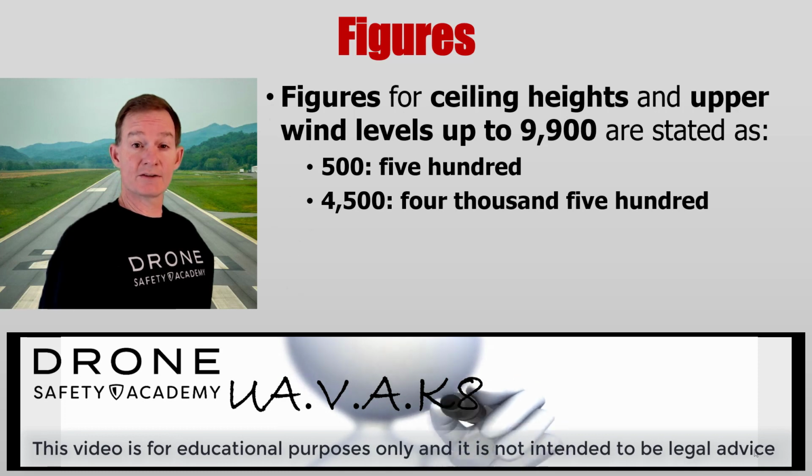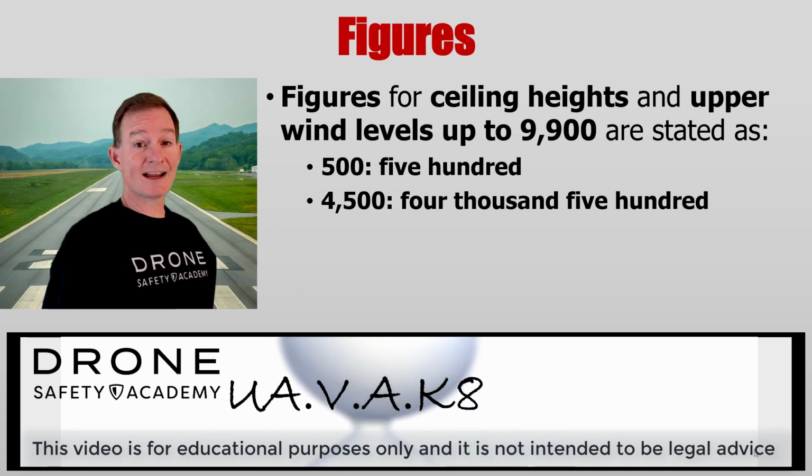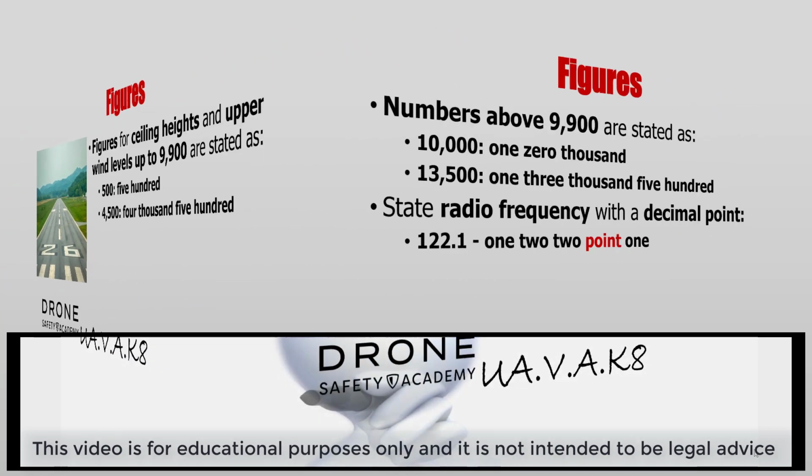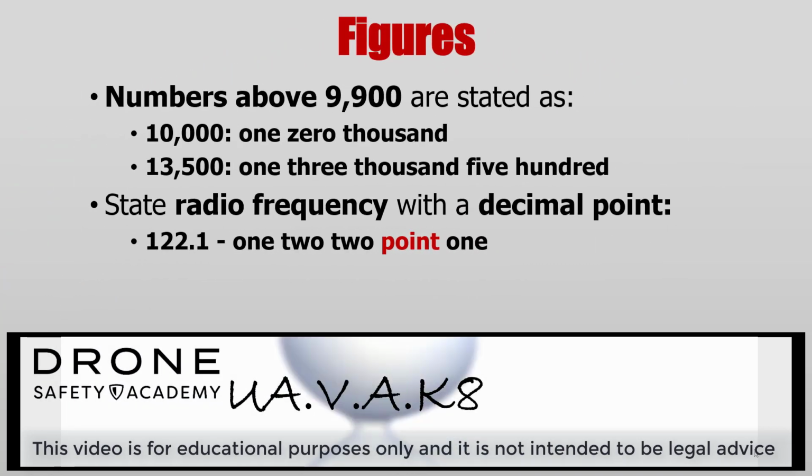Figures for ceiling heights and upper wind levels up to 9,900 are stated as you might expect, and here are two examples: 500, 4,500. Pretty simple. Okay, now numbers above 9,900. In this case, we can see we have a 10,000. This would be stated as 10,000. Or for 13,500, we have